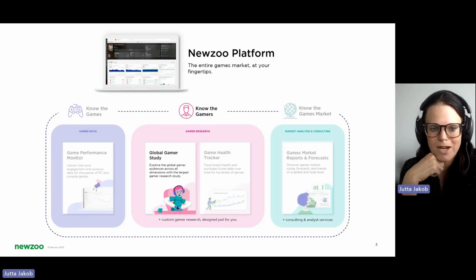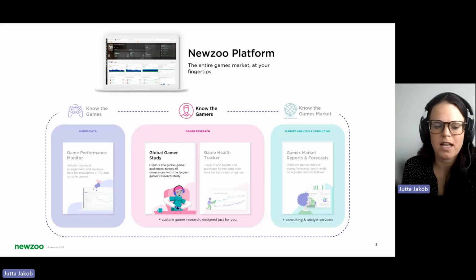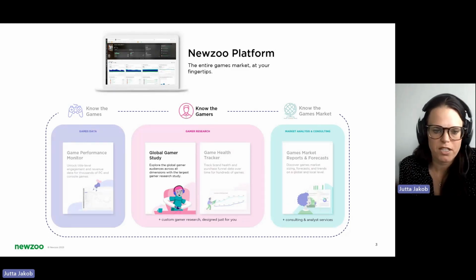Today's webinar is powered by data from our Global Gamer Study. The Global Gamer Study provides you with consumer gamer audience data across 36 markets, empowering you to inform your target audience strategy at each stage of the game development cycle. It also provides a cost-effective solution for deep diving into the audiences that are most relevant to your game and pinpoint opportunities across the 36 markets covered.